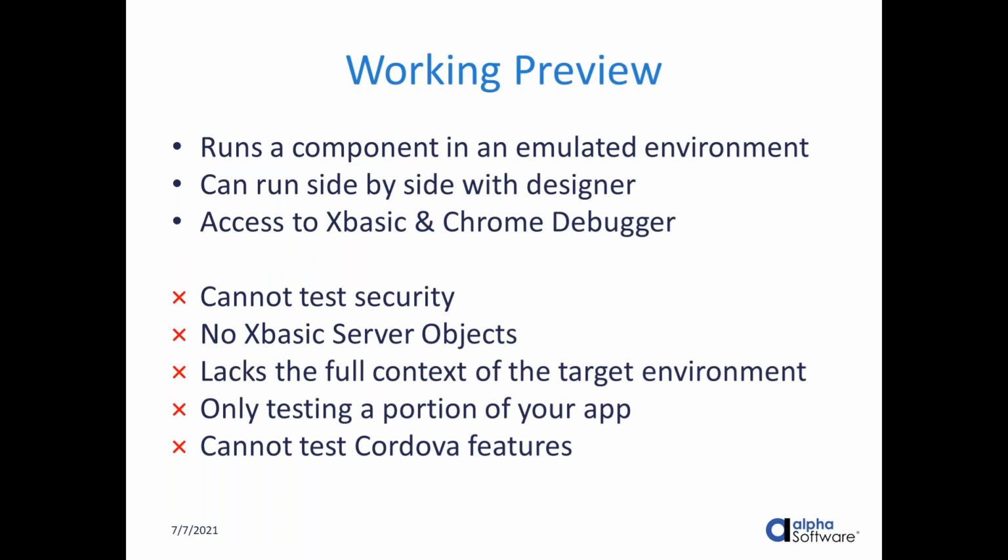So taking a look at some of the early options available to you in the Alpha Anywhere IDE, we have two preview modes, and these are found in the component builder. One of them is called Working Preview, and the other one is called Live Preview. These two previews have their strengths and their weaknesses, but they are both good options when developing your components